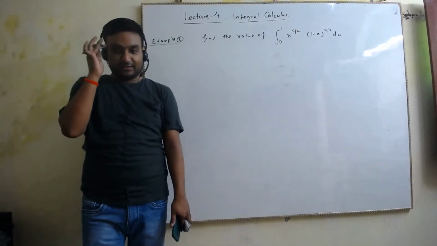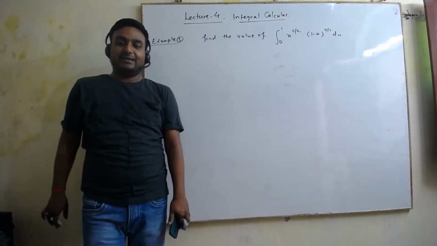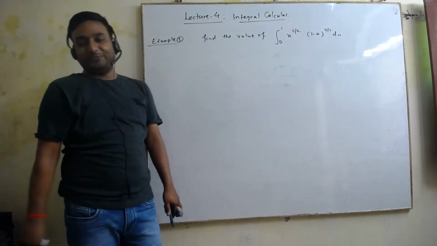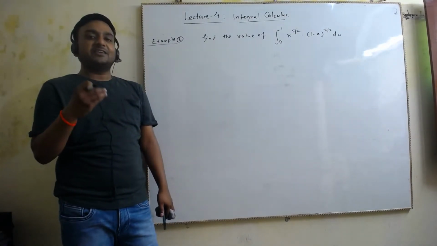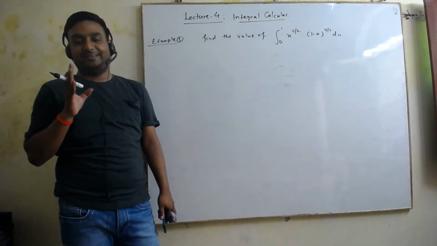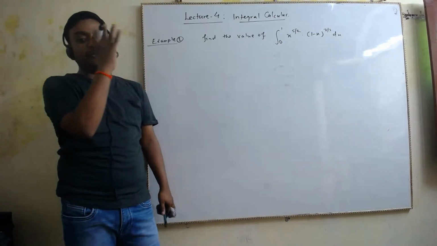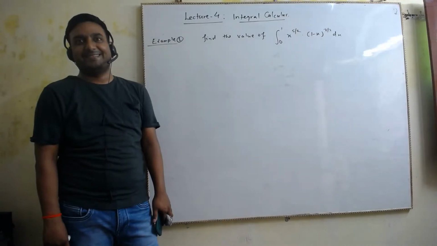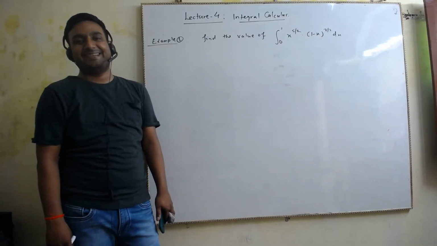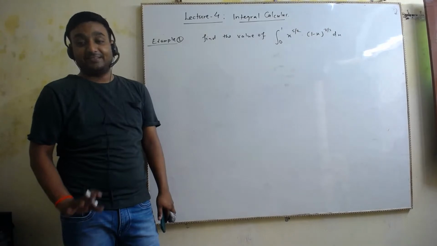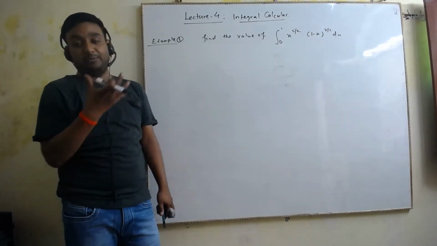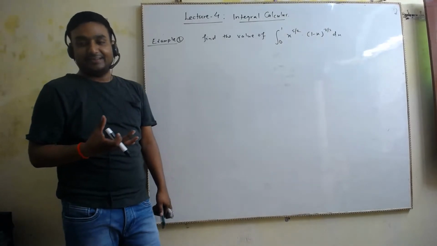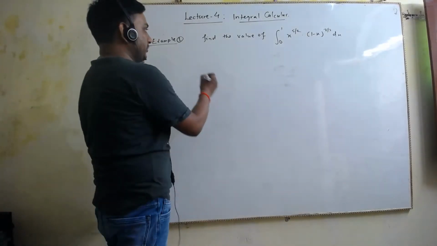Okay, the camera is being blurred, just wait a minute. And suppose that this is the question for you, right? And you didn't study the beta gamma function. Now please try to do it. Tough, no? If you put x equals sine square theta, again you will end up with some complicated integral, right? So what do we need to do in such questions?